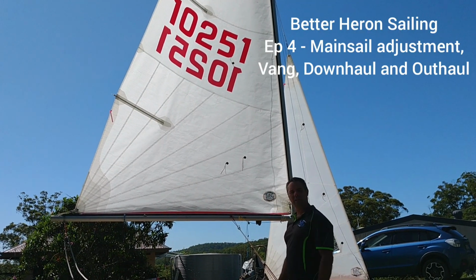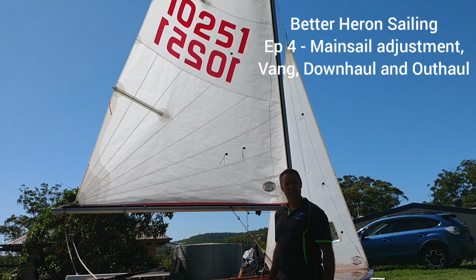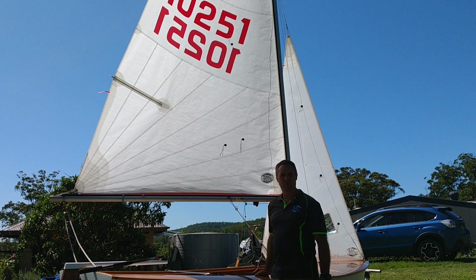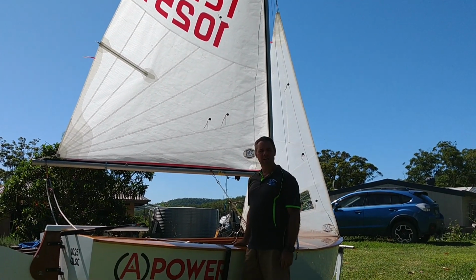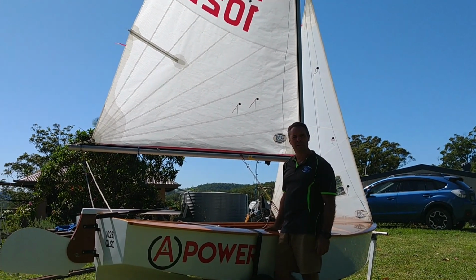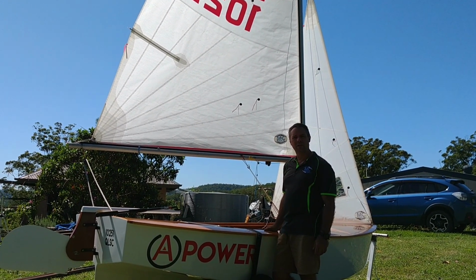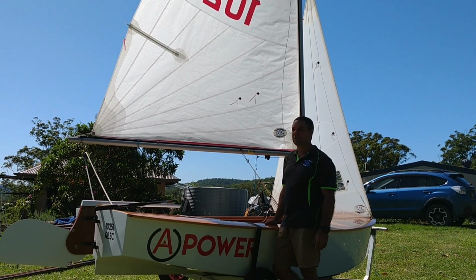Okay, so tuning the mainsail. Now, we're on shore, so it's a little bit hard to get all the dynamics, but I can actually give you a little bit of a demo of what to look for when you're on the water for the varying wind conditions. Now, being a spreaderless mast, the Heron mast works a little bit differently to how some other classes use their Vang and Downhaul, and you basically can look for several key little things when you're looking to depower